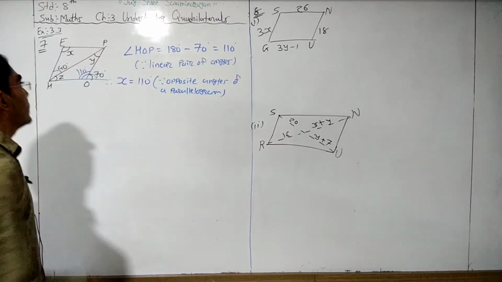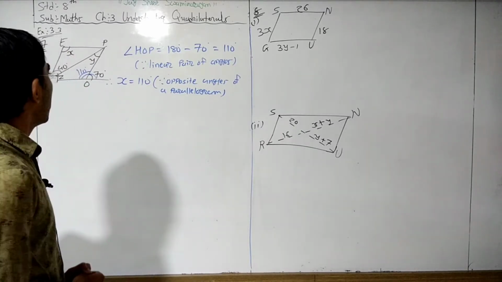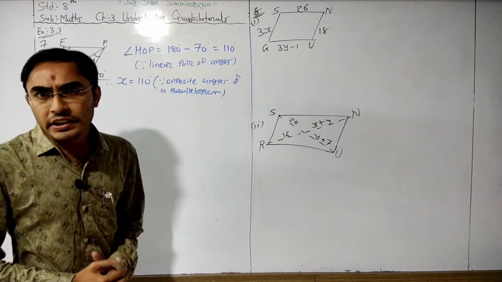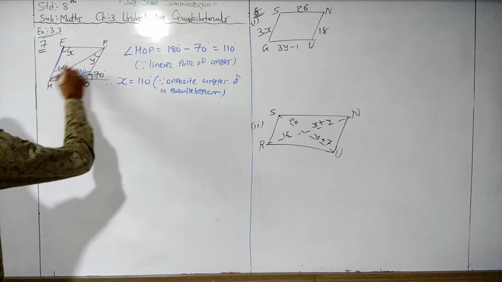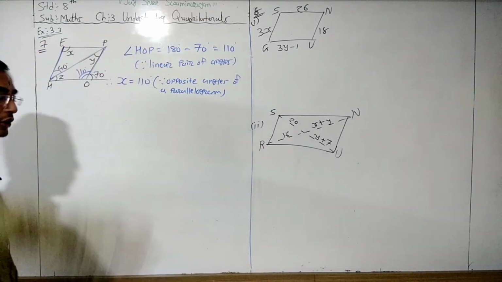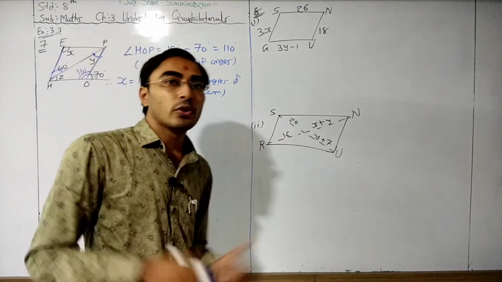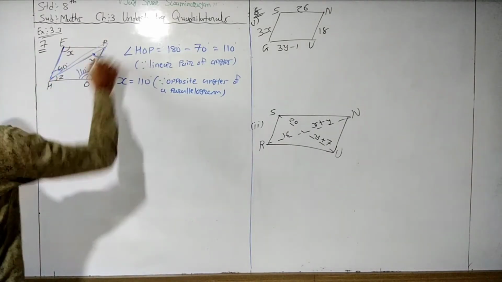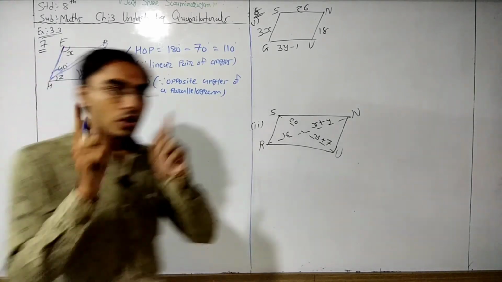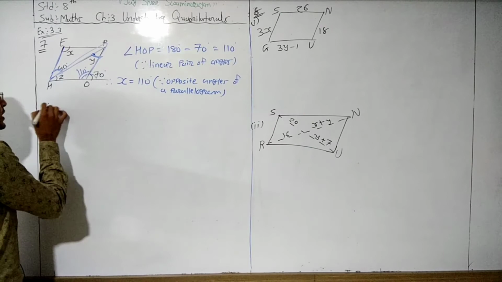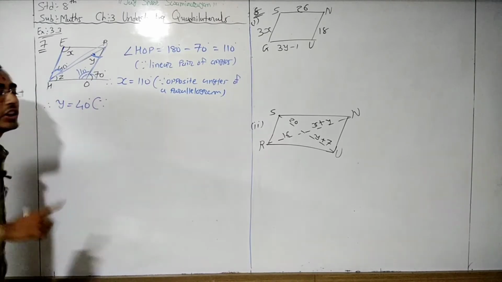Then we need to find y and z. So how can we find the value of y and z? What are you thinking right now? This is one Z, right? Horizontally, these two angles are equal. So from here we can easily find the value of y. This is one Z, so these two angles are equal. This is 40 degrees. So directly y is equal to 40 degrees. Okay? So here write down y is equal to 40 degrees, and the reason is Z.